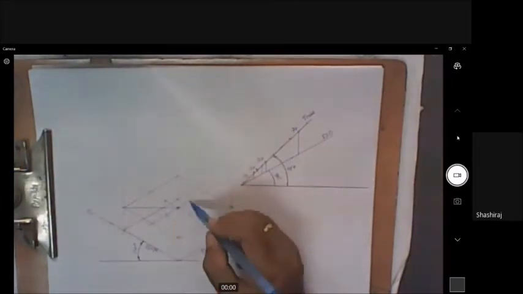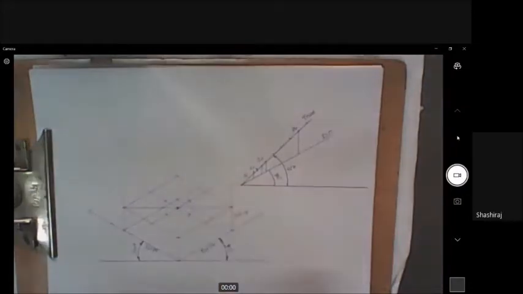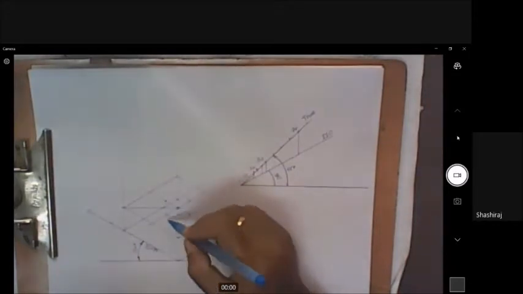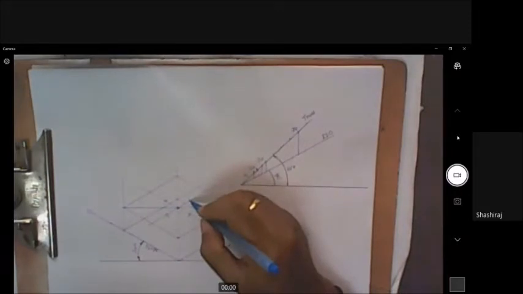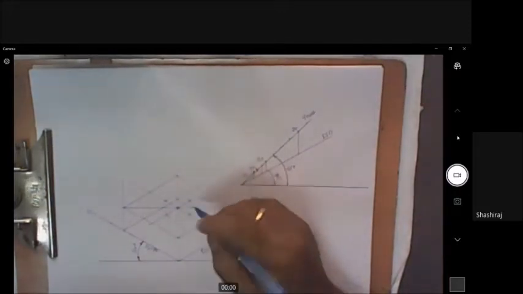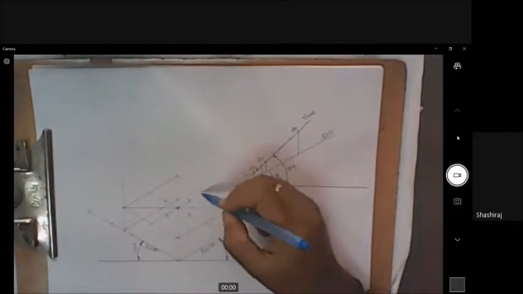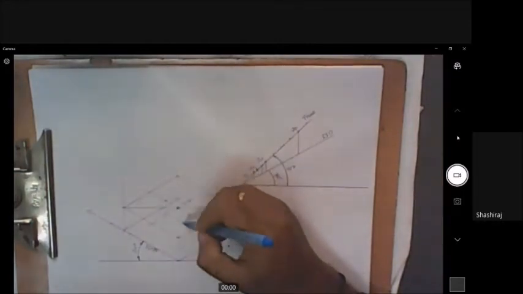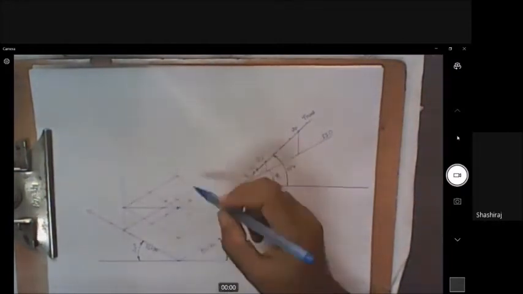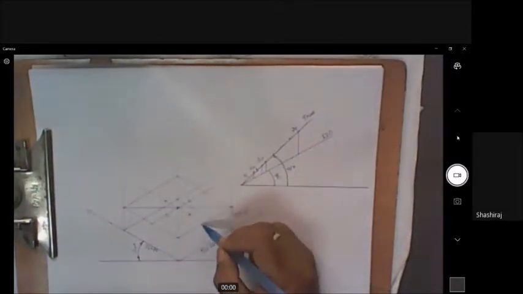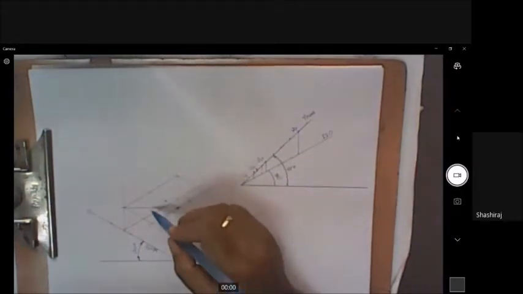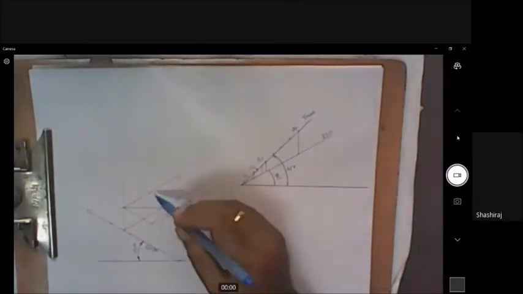What is this distance now? This is ISO 15 because total I want ISO 30. Now, don't join these points directly. You are not supposed to join like this now. It will not become isometric face. What you have to do is passing through this point, you have to draw a line parallel to this axis or parallel to this edge, another line here parallel to this edge. Similarly, passing through this point, you have to draw a line like this parallel to this edge or this axis. Passing through this point, you have to draw a line like this parallel to this edge or axis.